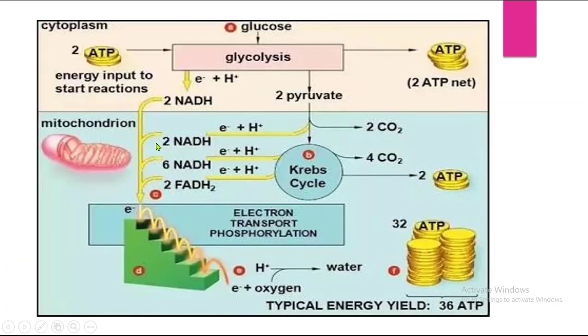Here is the summary. See, this is the cytoplasm and this is the mitochondrion. In the cytoplasm, glucose undergoes glycolysis and it yields 2 ATP net, with 2 ATP energy input to start, as I already discussed in the above slides, and it produces 2 NADH. These NADH, all the high energy molecules from glycolysis, from the oxidation of pyruvate, from the Krebs cycle, they all undergo